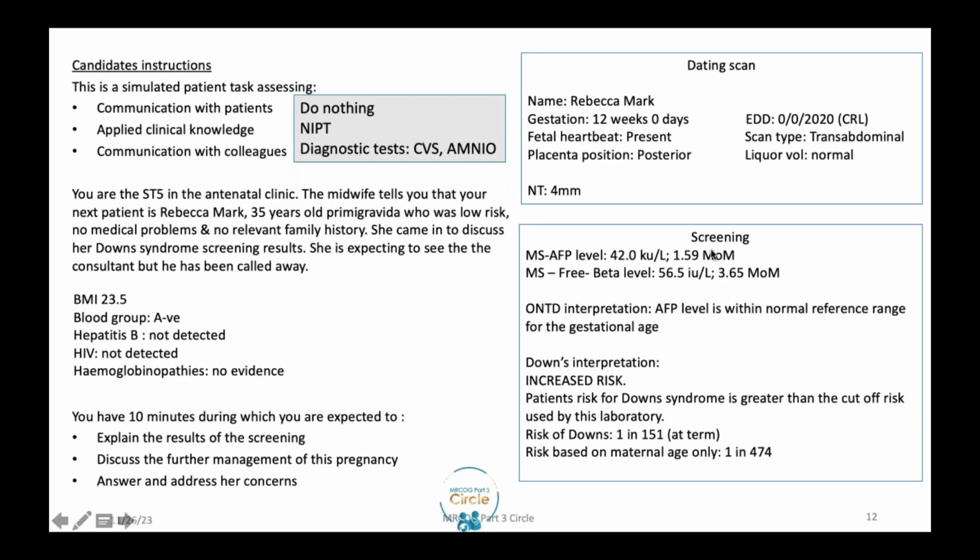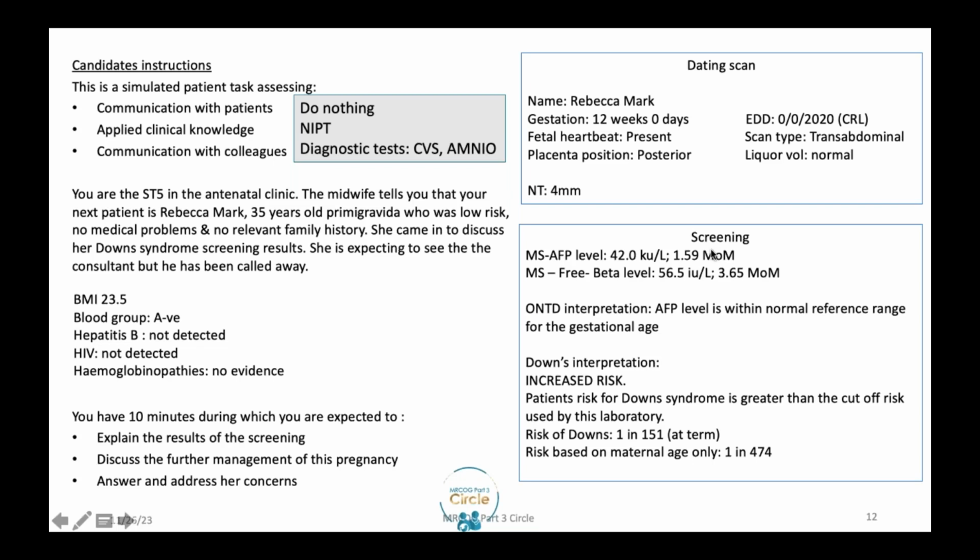If the result comes low risk, then no further action needs to be taken. The pregnancy would be treated as normal and followed up as normal. And if it comes at a high risk, we still need to confirm it. Okay. The third option is going ahead right away with diagnostic tests, CVS and amniocentesis, depending on the gestational age,